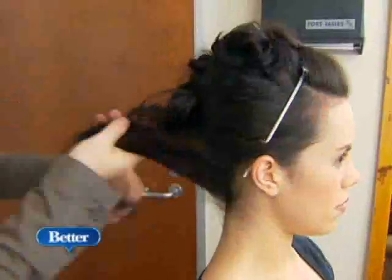And it's still soft, even though there's a lot of curl to it, and a lot of hairspray, which I saw. How else are you going to get it to stay up? A lot of hairspray, but you got to do it in light doses. And for an evening wedding, Thad suggests this look,